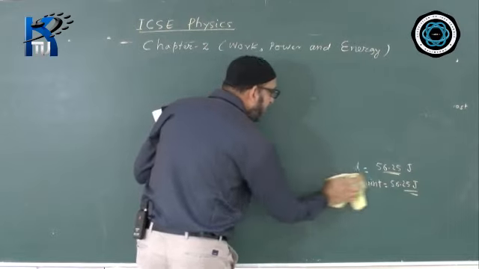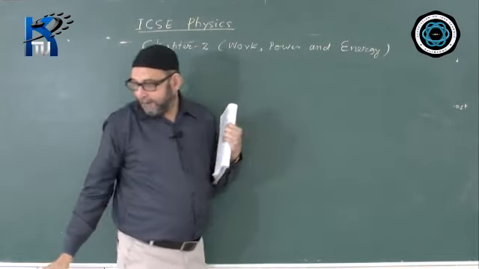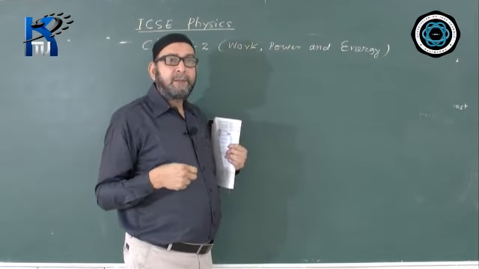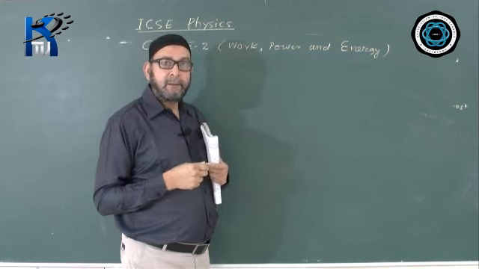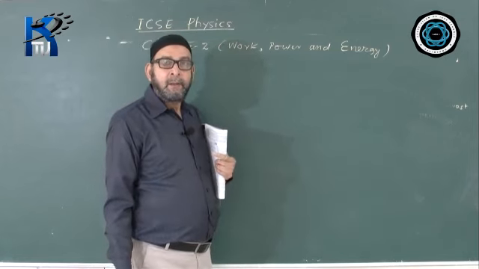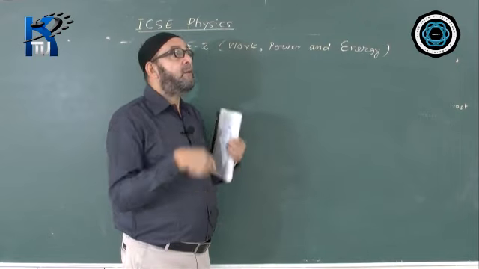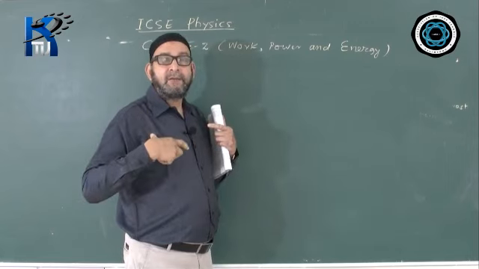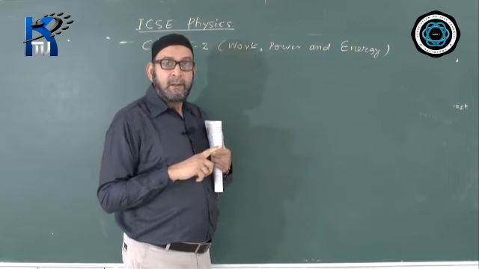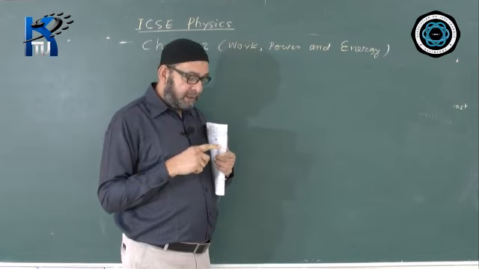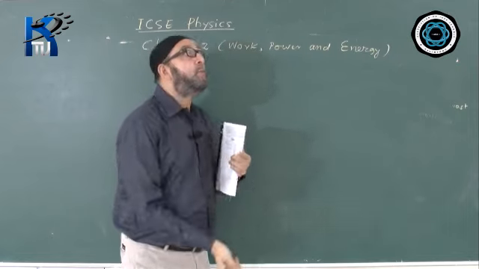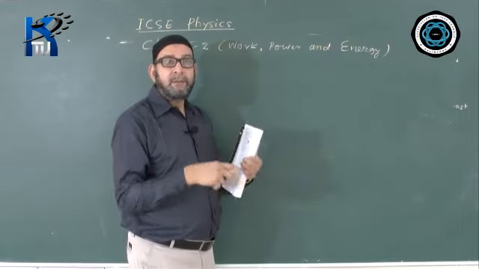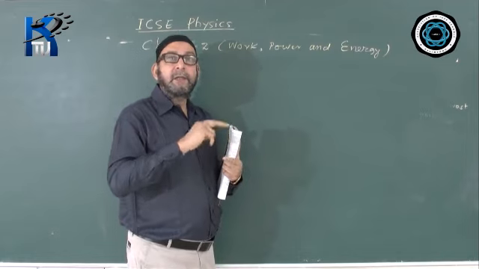Similarly, if the question says a man is running with a speed of, say, 10 meters per second in order to take a high jump, how high will he be able to jump? How to find that? Since the man is running, what energy does he have? Kinetic energy, because of the velocity, and he is changing his kinetic energy into potential energy. With this kinetic energy he is jumping some height. That means he is converting his kinetic energy into potential energy.